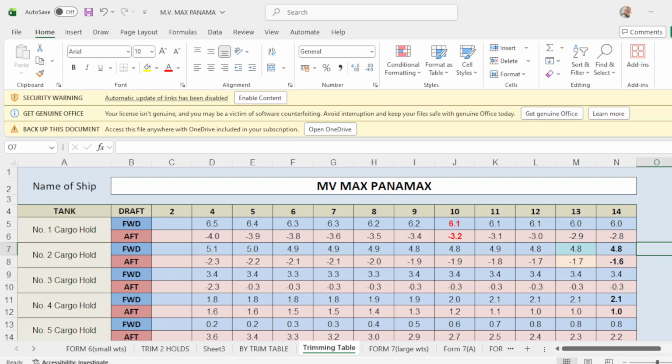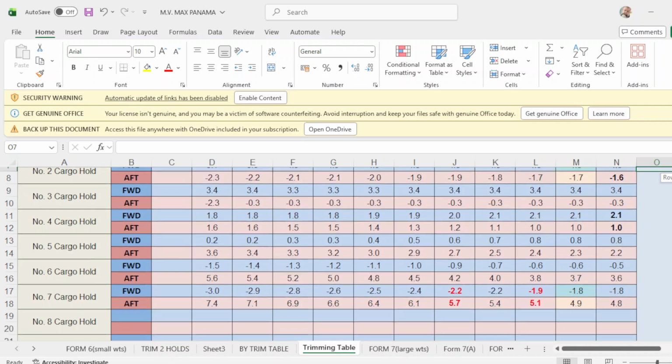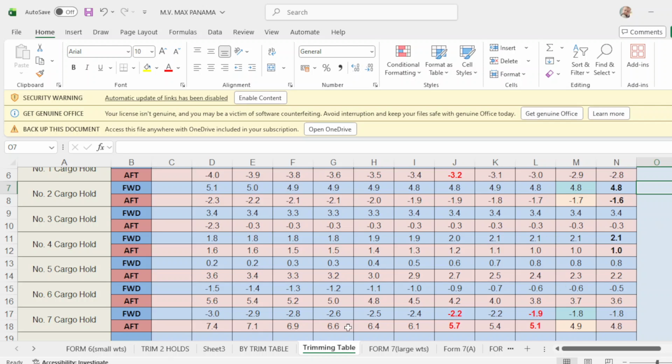That goes also with number 7. See? 3, 2.9, 2.8, decreasing here. And in number 10, almost the same, and here decreasing. So there's no exact point.